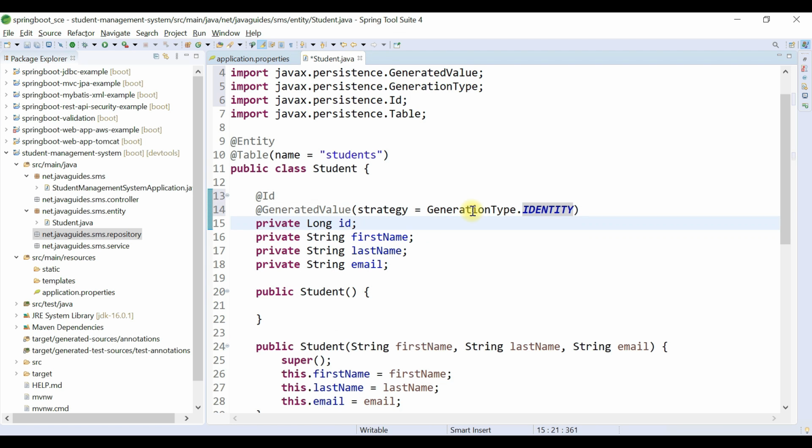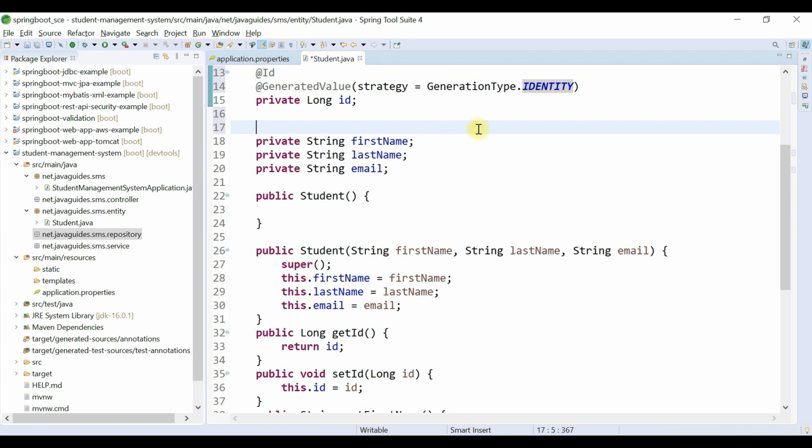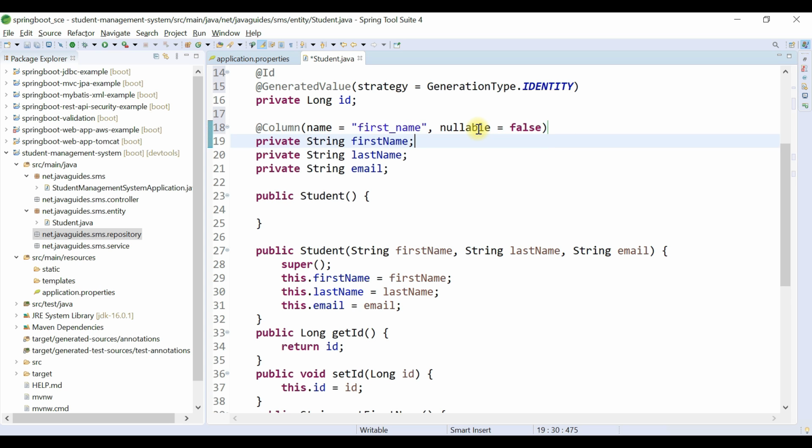Alright, perfect. Now what we're going to do is map a column name for these fields. In order to do that, we're going to use the @Column annotation. The @Column annotation has an attribute called name, and we can use it to specify the column name here, first_name, and you can define this column as not null by using the nullable attribute. nullable equals false.